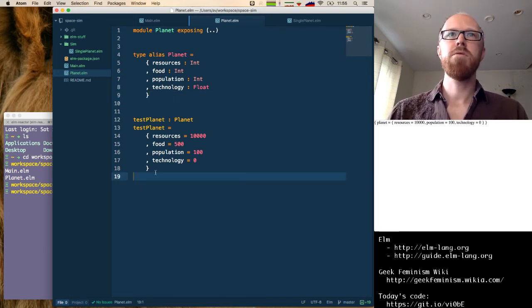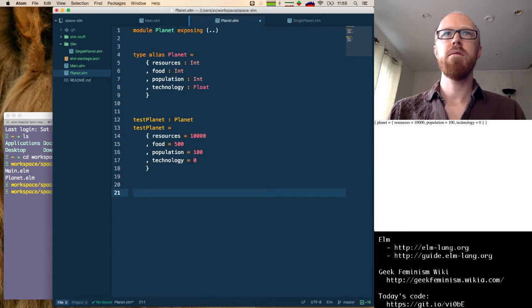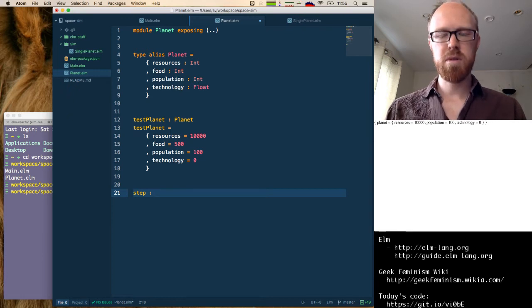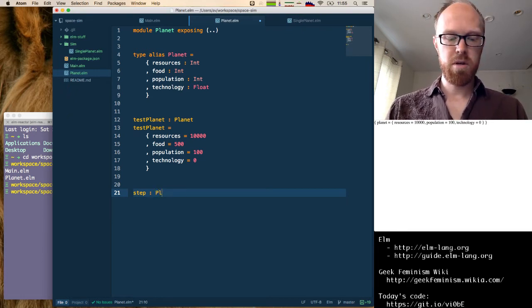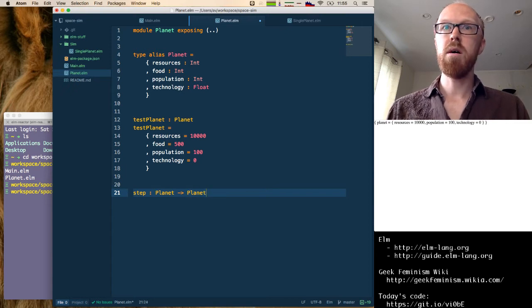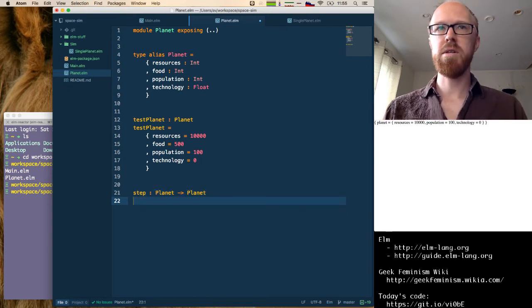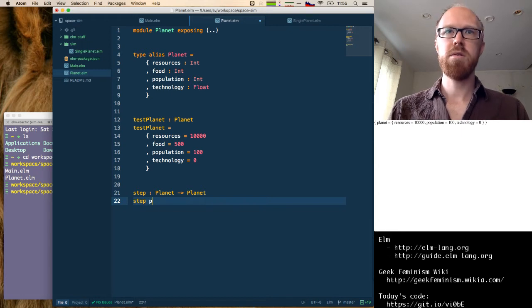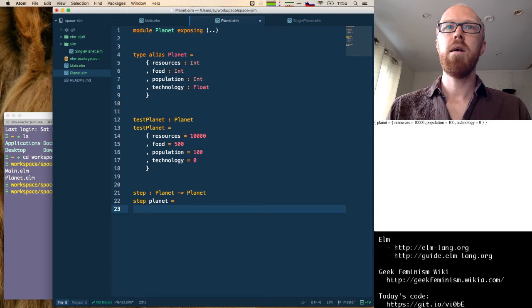Okay, so why don't we first write a simple function. I'm going to call this step because that's a word that makes sense to me. If anyone else has a better suggestion for this function, feel free to offer it for consideration. I'll call this step. And for the moment, let's just make this simple.